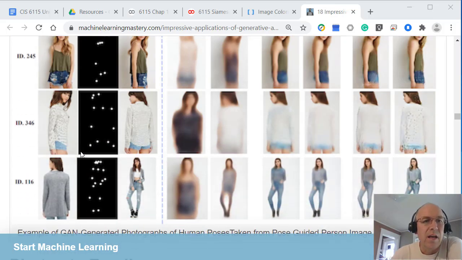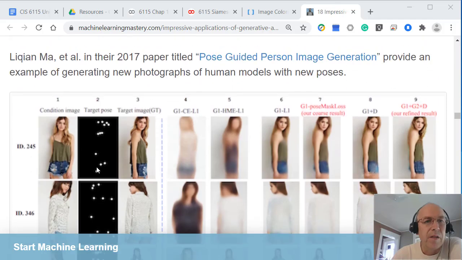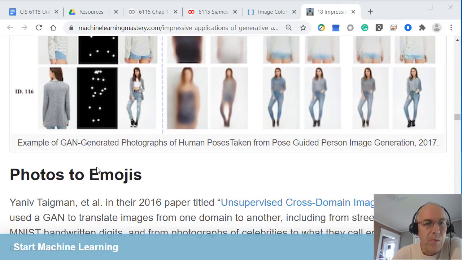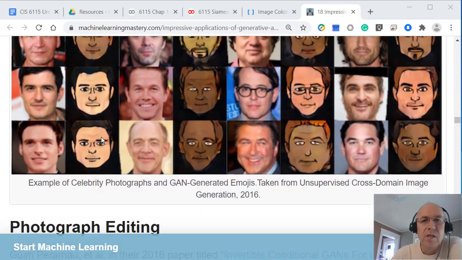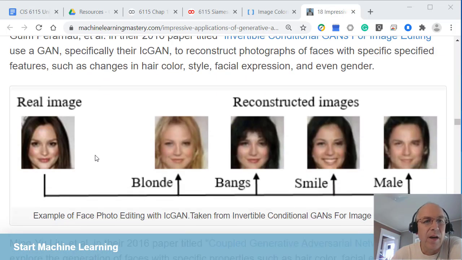Often you'll be wearing reflective dots that are tracked, and sit or stand in different poses, and then given 2 pictures of a person, the network tries to generate an image of this person in this pose. There's also pixelizing or creating emojis from images, photo editing,